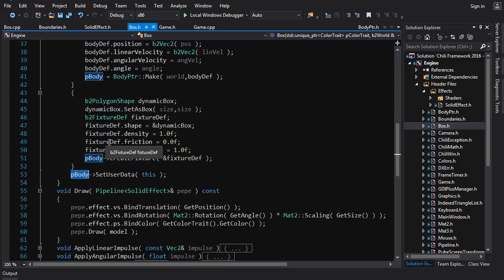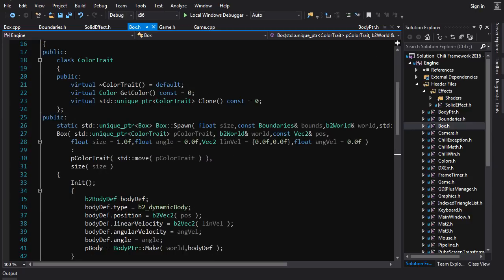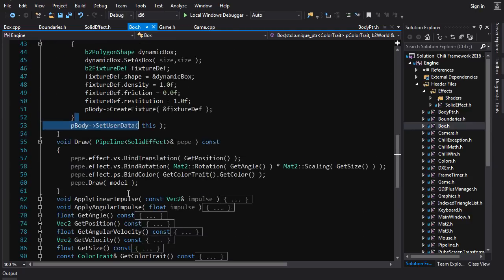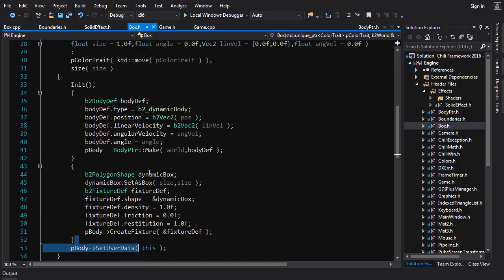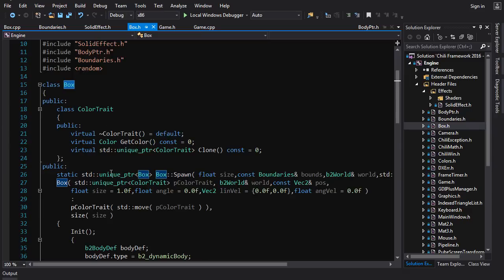So these two pointers will serve as a bidirectional link between our entity that we define in our class and the entity that's living in the Box 2D world. And this is an important concept because these two things are happening in parallel, but you want to keep them in nice synchronization. So you need to have those links established. So this is a void pointer. So that means we're going to have to be doing some casting when we want to go from the user data back to here. But we'll get to that in a second. So that's the basic idea of how you get your Box 2D stuff working and working with your own entity